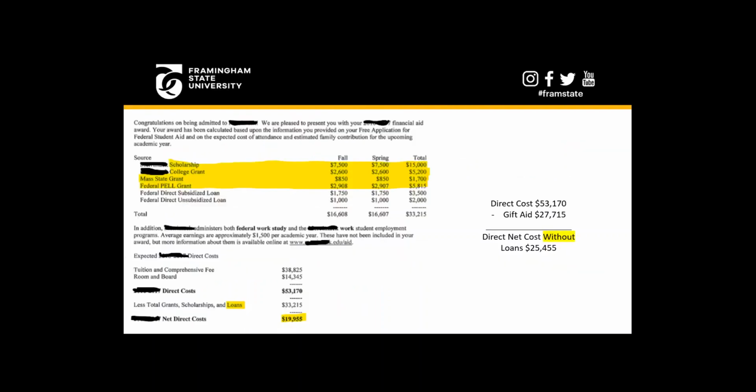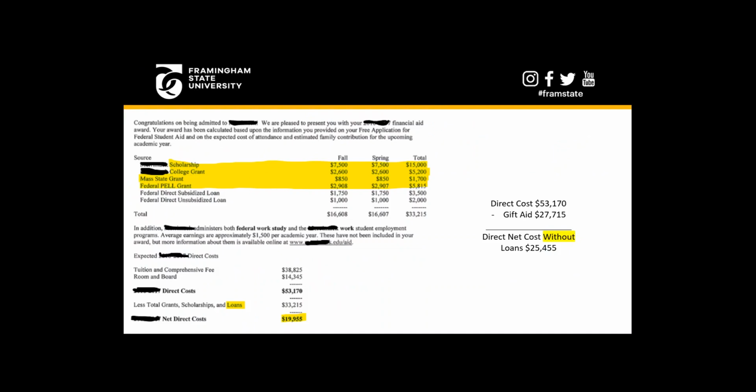Here's a sample offer letter from another institution. So you can see this student received a scholarship, an institutional grant, as well as a Pell Grant and Mass Grant from this school. So they actually got more gift aid at this school. They got $27,715 in free money. However, you can see that the direct cost of this school is significantly higher. It costs $53,170 to attend. So the net cost here, when only considering the gift aid, is